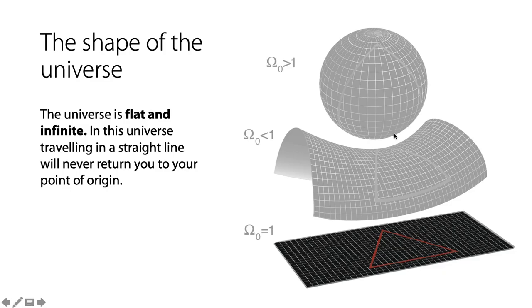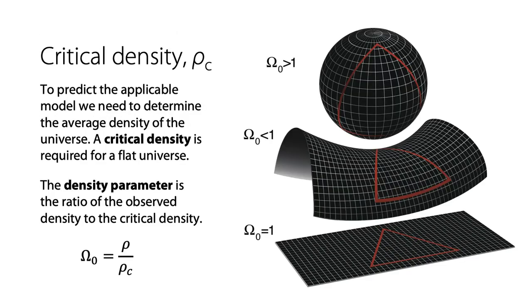So don't forget, this is a model using 2D surfaces. We live in a 3D universe, but you can imagine the same thing. A 3D universe could be curved. Triangles might not add up to 180 degrees on large enough scales. Parallel lines might not always stay parallel. Whether our universe is flat, negatively or positively curved, is related to something called the